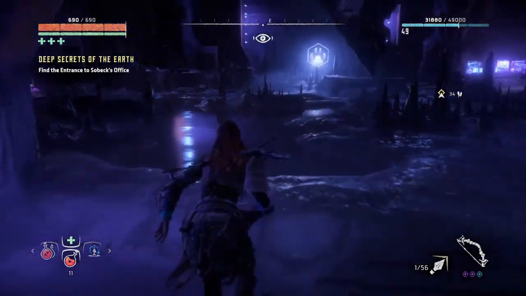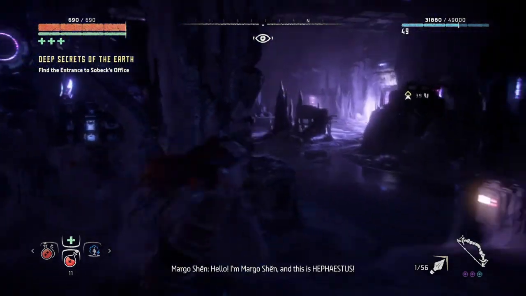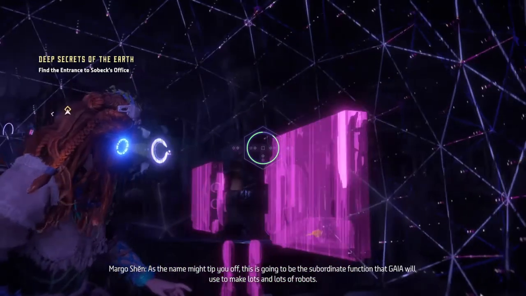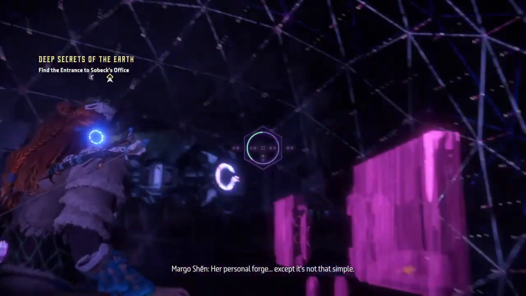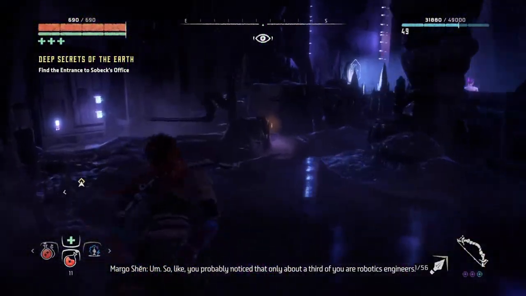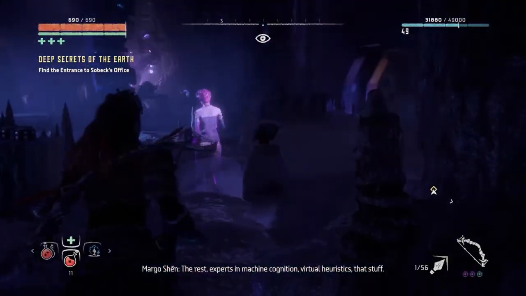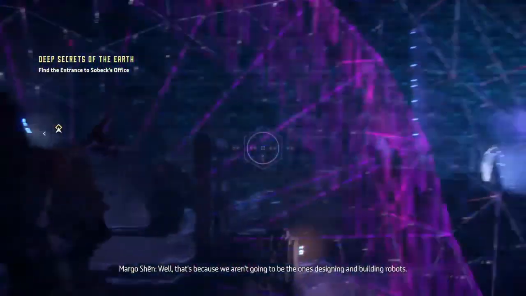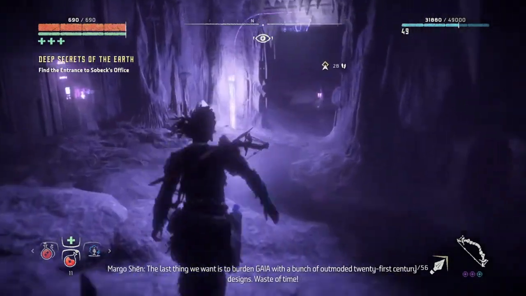Hello, I'm Margot Shen, and this is Hephaestus. As the name might tip you off, this is going to be the subordinate function that Gaia will use to make lots and lots of robots. Her personal forge. Except it's not that simple. So, you probably noticed that only about a third of you are robotics engineers. The rest, experts in machine cognition, virtual heuristics, that stuff. That's because we aren't going to be the ones designing and building robots. The last thing we want is to